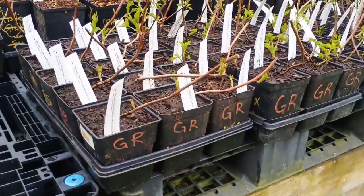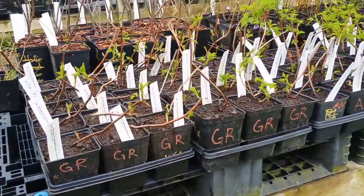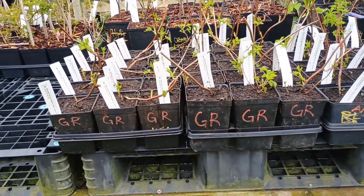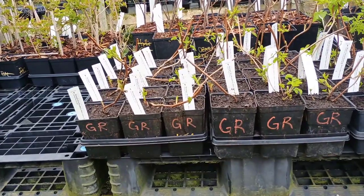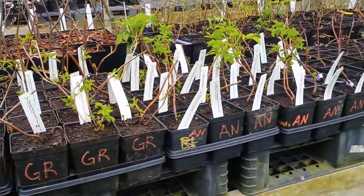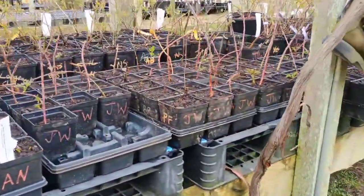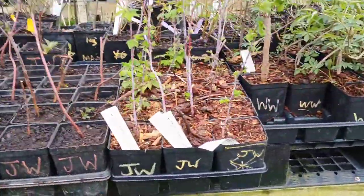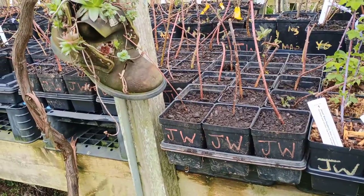Georgia Red raspberries. This is a variety that we haven't tried before, but we needed to buy in something to have red raspberries available for you all this year. This one is a summer bearing red, and it is thornless. We also have Anne yellow raspberries, Jewel black raspberries. We have a bunch of those that are ready to go, and then some that need to wait until next